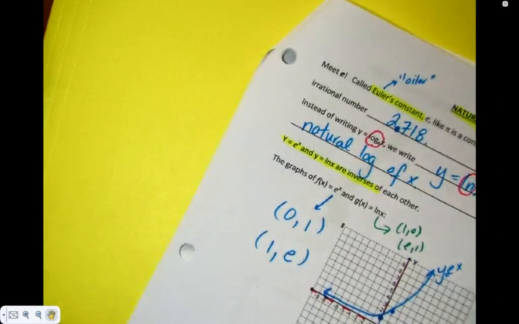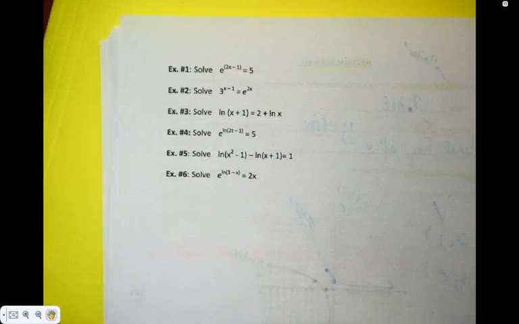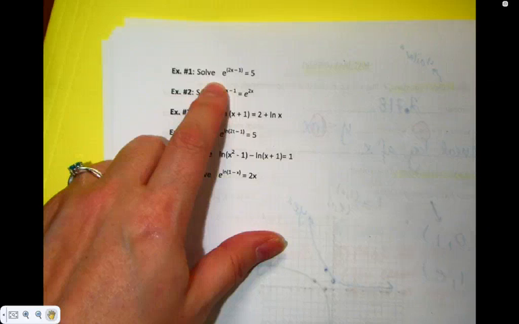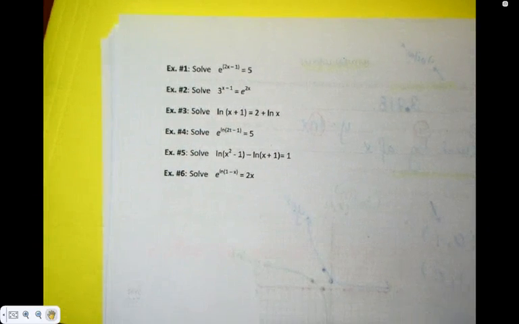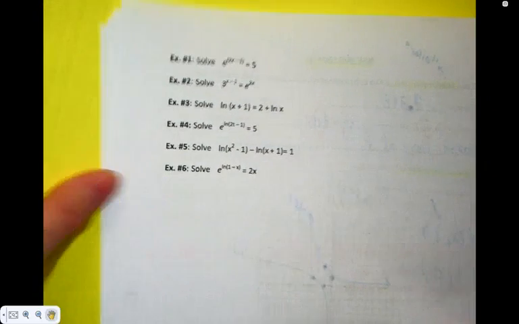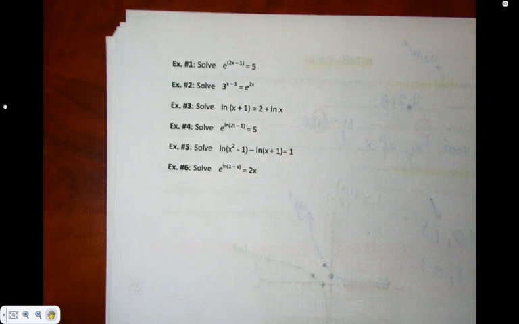All we're going to do is exactly what we've done the last 2 days. We're just going to do equations with e and ln's in them. So we're now solving exponential and log equations, but instead of having a different base, they have base e, and instead of having normal logs, they have natural logs in them. That's it. Just a natural log is a log with a base of e. That's it. So basically this is the same as this stuff we've been doing pretty much this whole unit, but